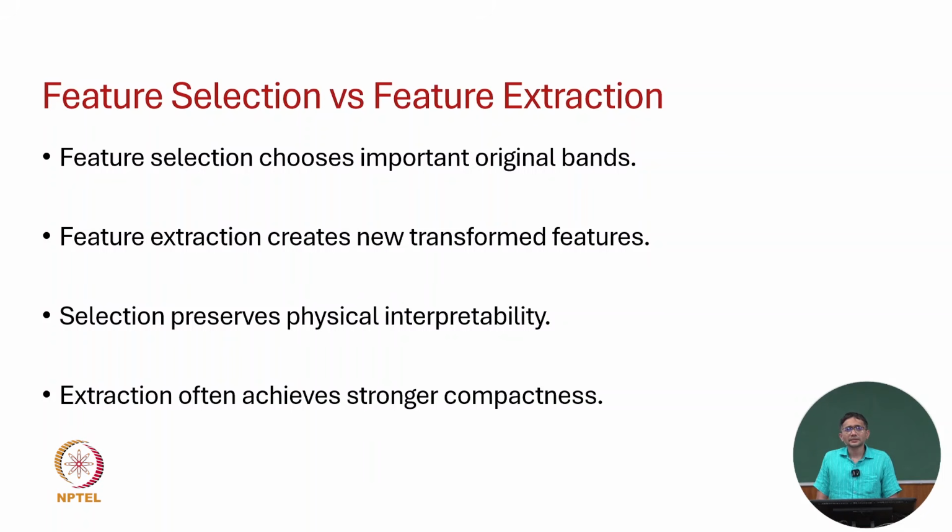The selection thus preserves physical interpretability. So the bands that you have are still the original bands, right? A subset of them. Extraction often achieves stronger compactness, but in some way you're losing physical interpretability, because what you are obtaining